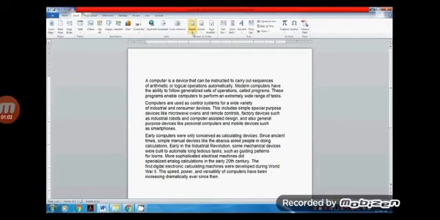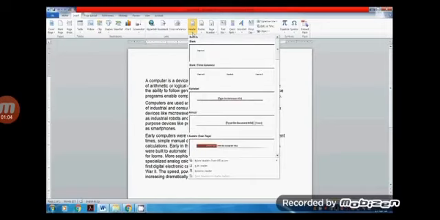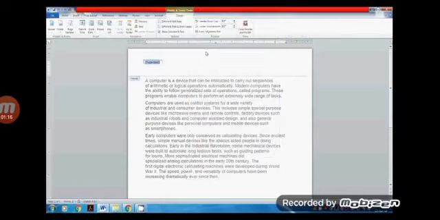From the drop-down menu, select blank to insert a blank header or footer, or choose one of the built-in options. The Design tab will appear on the ribbon, and the header or footer will appear in the document. Type the desired information into the header or footer. When you are finished, click Close Header and Footer in the Design tab or press Escape.